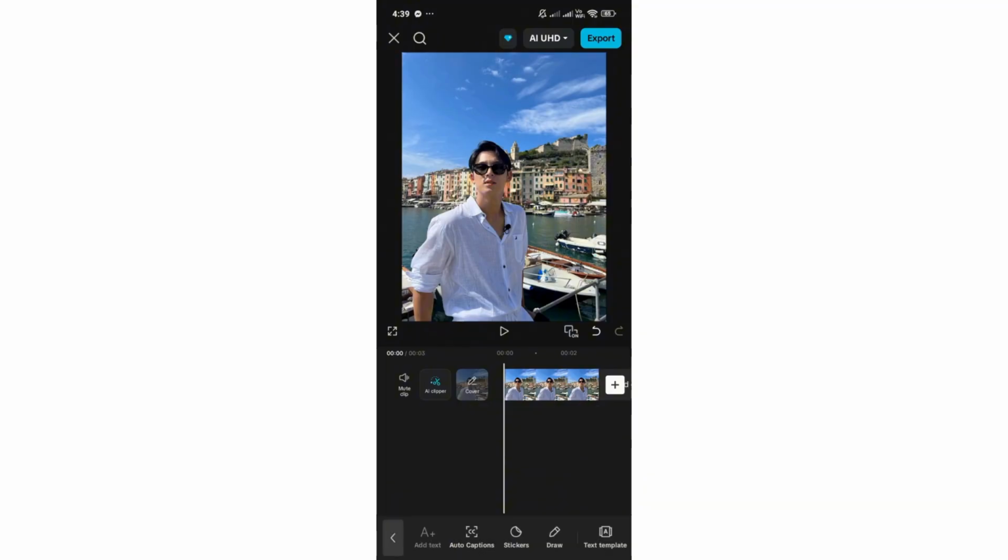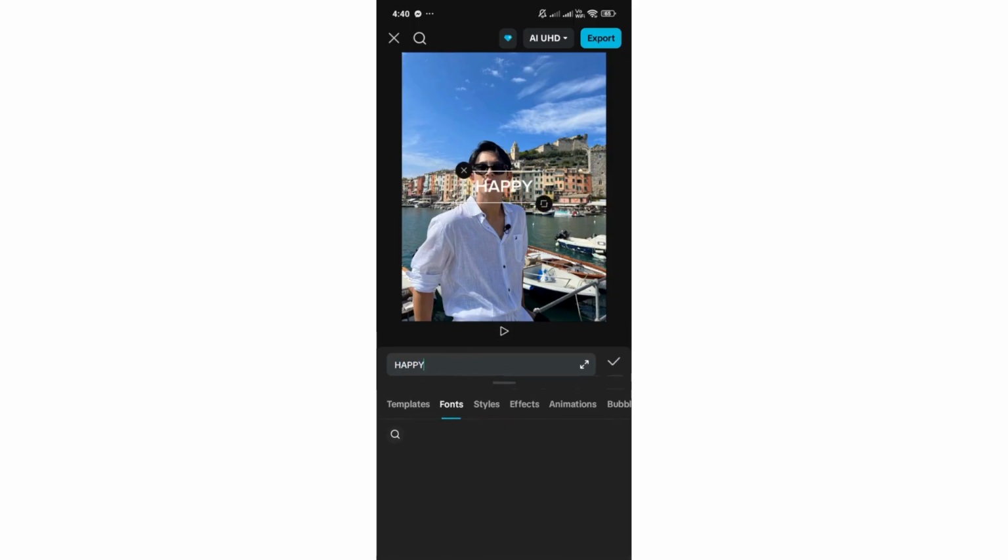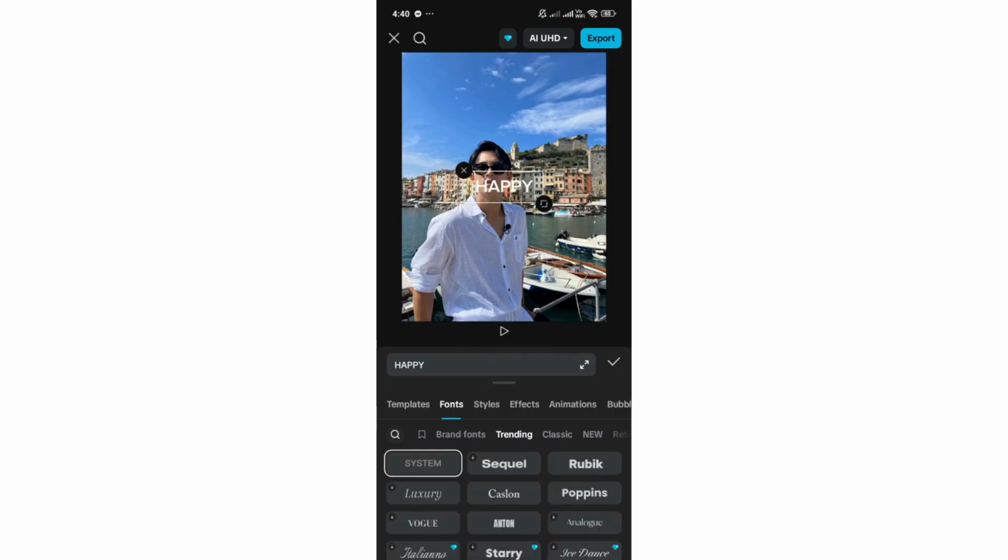You can also add keyframes to text. So for example, I want to add the happy text into this canvas. So I'll simply type in happy, and then after that, simply select the font and then add the style for the specific text. So once you're done with this, go ahead and drag it into the area where you want